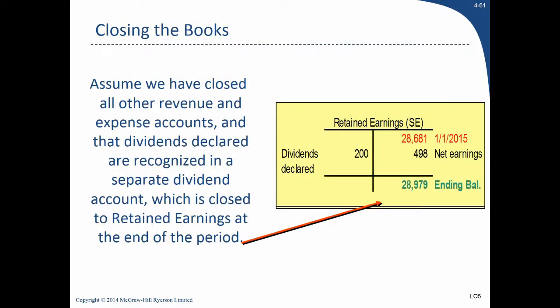The impact is now that our ending retained earnings, 28,979, is a function of the beginning retained earnings, 28,681, plus net earnings for the year, less dividends. Notice how retained earnings has a credit balance, right? We start with the credit balance, decrease by debit, increase by credit, 28,979. So this is just the mechanics by which we close revenues, expenses, and dividends to retained earnings. And this is going to be the ending balance that shows up on our